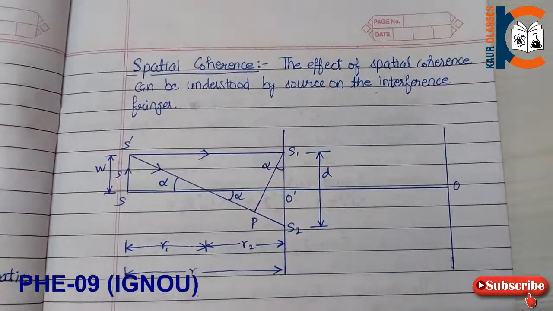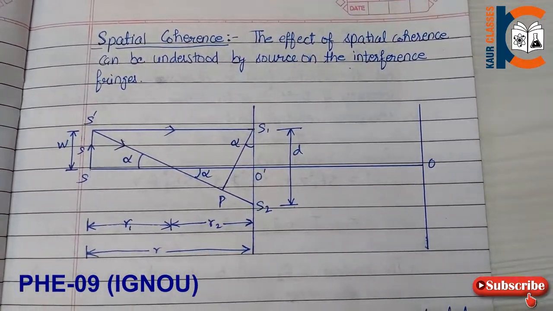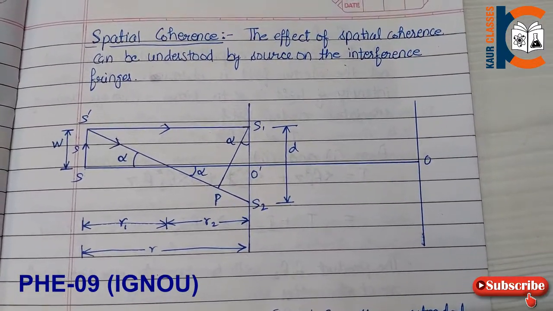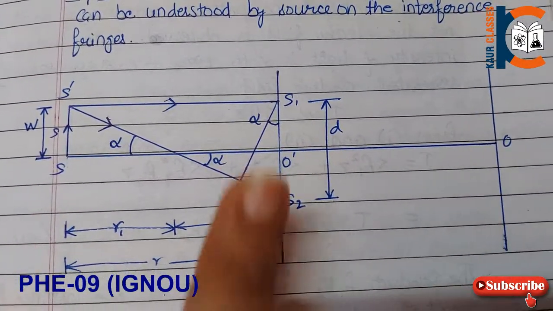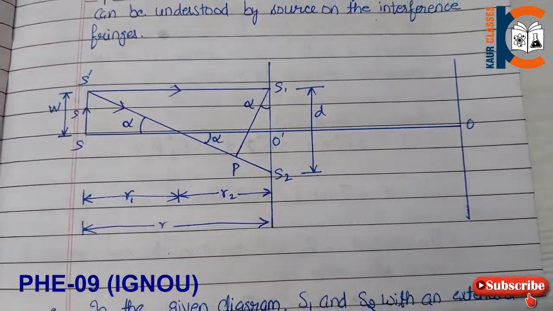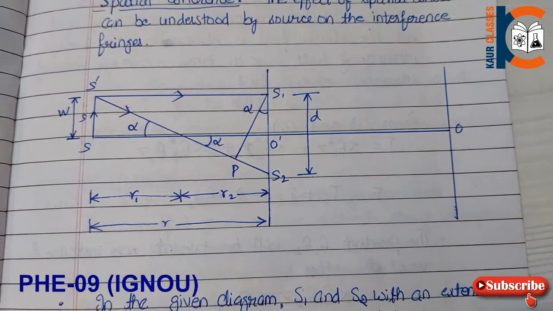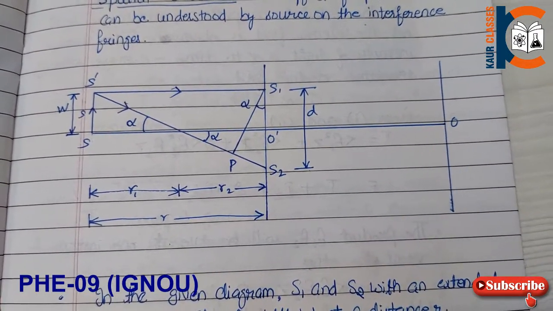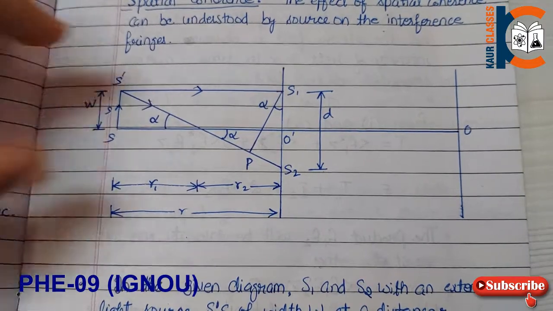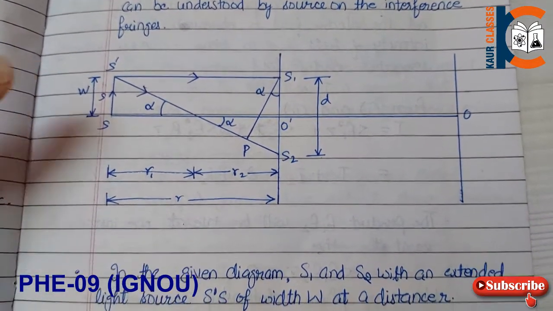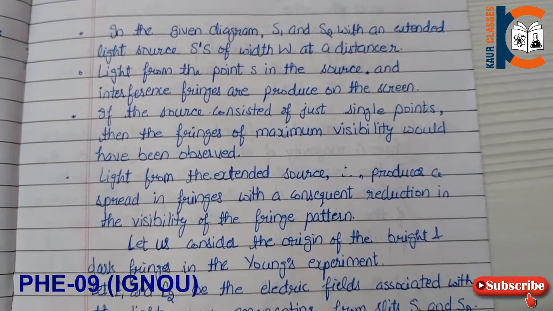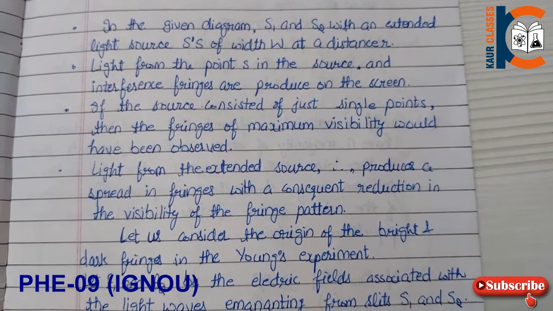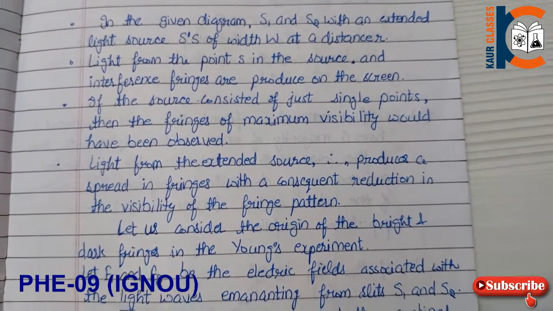And spatial coherence is the effect of this coherence, understood through the source, on interference fringes, as shown in this diagram. In this diagram, slits S1 and S2 are illuminated with the extended light source S and S dash. If the source consisted of just a single point, the fringes of maximum visibility would have been observed. So if we consider the bright light